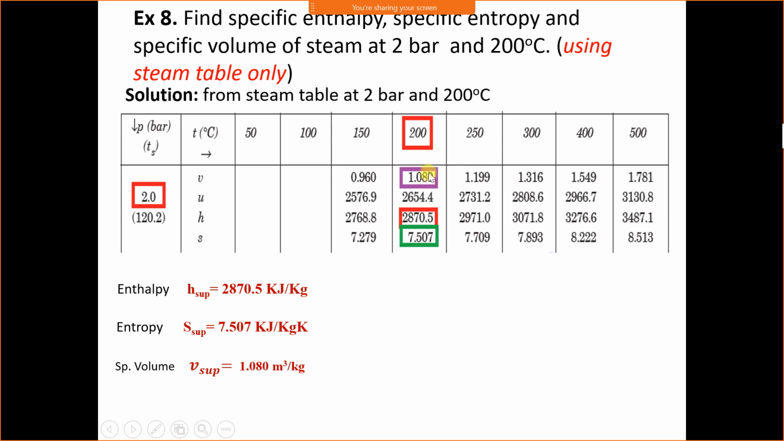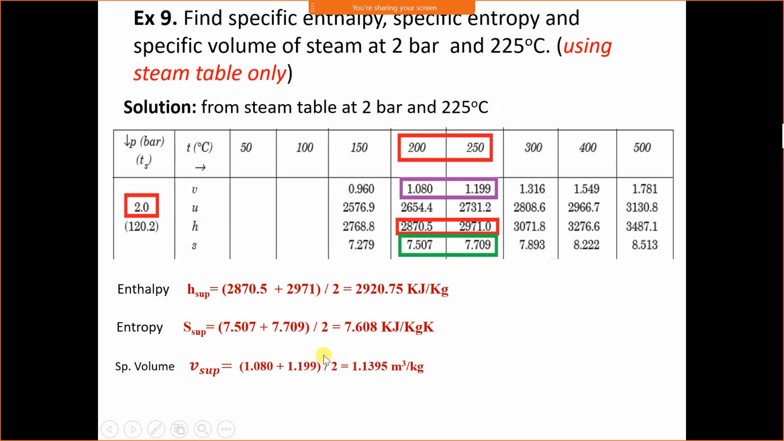1.080 meter cube per kg. Internal energy is not asked. If the internal energy is asked, we can take internal energy also. Enthalpy of superheated steam is 2870.5 kilojoule per kg. Then entropy is 7.507 kilojoule per kg Kelvin. Therefore, we can write directly: enthalpy of superheated steam is 2870.5, entropy of superheated steam 7.507, and specific volume of superheated steam 1.080